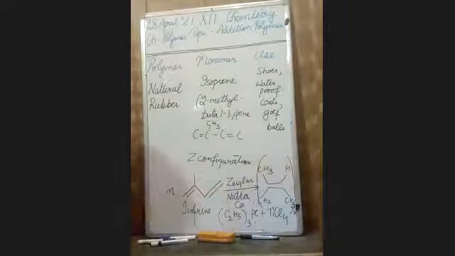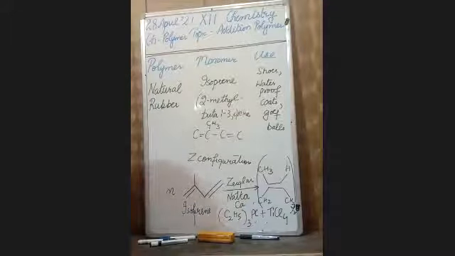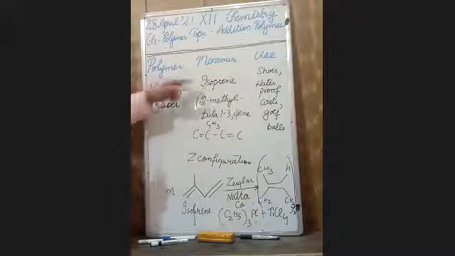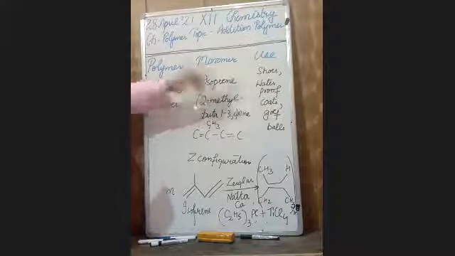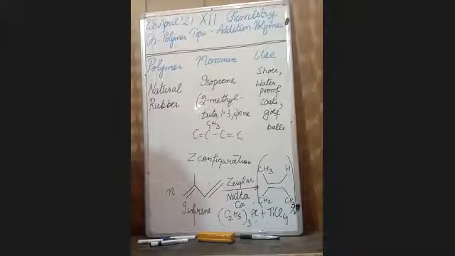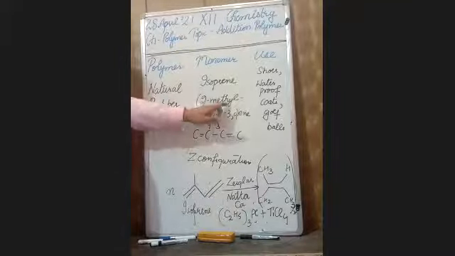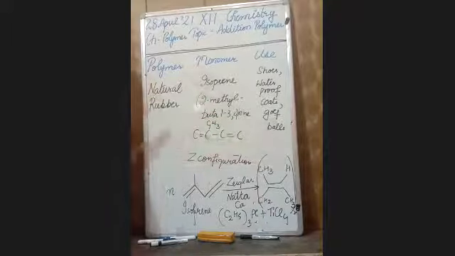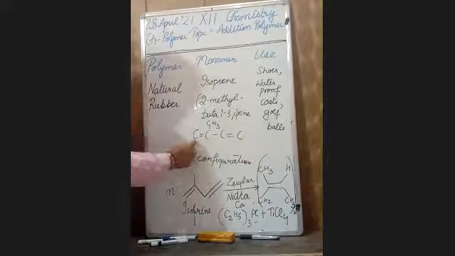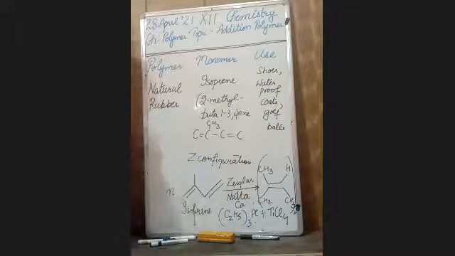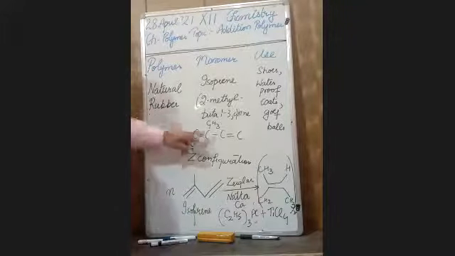In this class, we will discuss some more addition polymers. Now, one of the polymers is natural rubber, whose monomer is isoprene. It is its common name. What is isoprene? It is 2-methyl buta-1,3-diene, which means at the 1 and 3 positions a double bond is there, and at the second position a methyl is there.